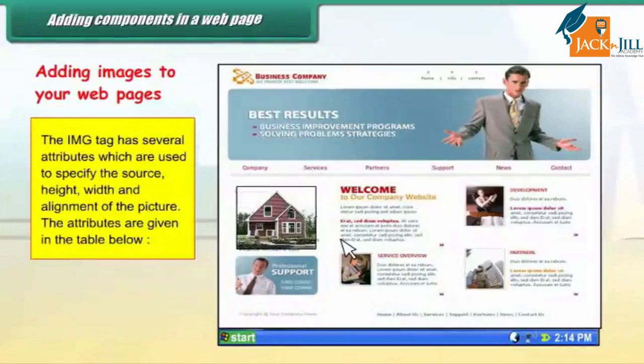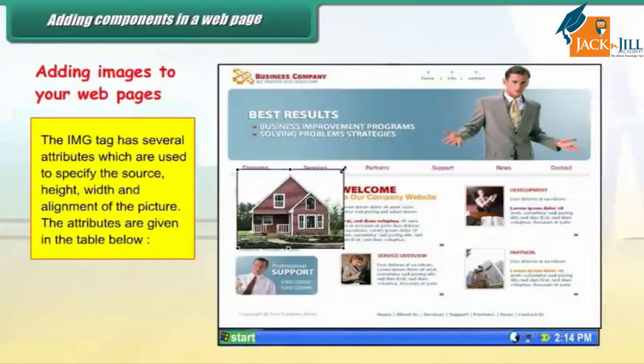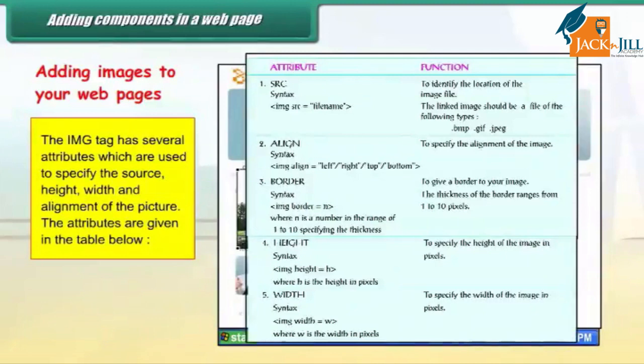The image tag has several attributes which are used to specify the source, height, width, and alignment of the picture. The attributes are given in the table below. Attribute, function,